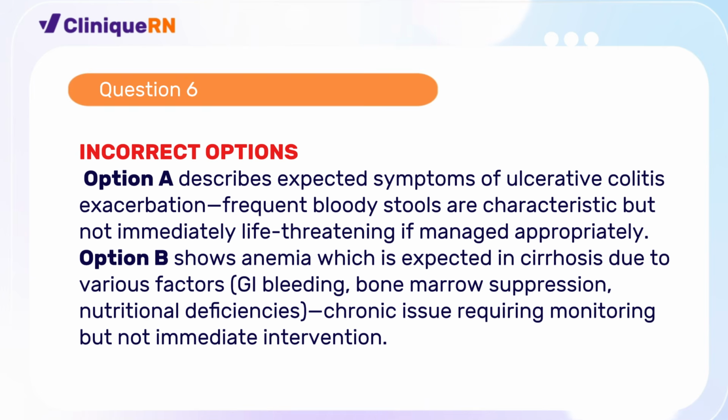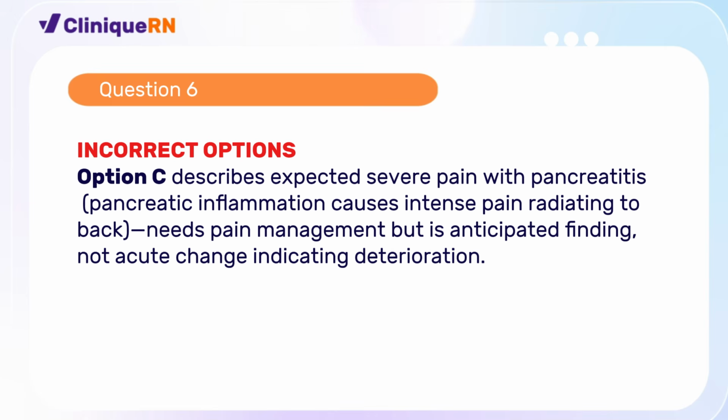Option A describes expected symptoms of ulcerative colitis exacerbation. Frequent bloody stools are characteristic, but not immediately life-threatening if managed appropriately. Option B shows anemia, which is expected in cirrhosis due to various factors: GI bleeding, bone marrow suppression, nutritional deficiencies, a chronic issue requiring monitoring but not immediate intervention. Option C describes expected severe pain with pancreatitis. Pancreatic inflammation causes intense pain radiating to the back, needs pain management, but is an anticipated finding, not an